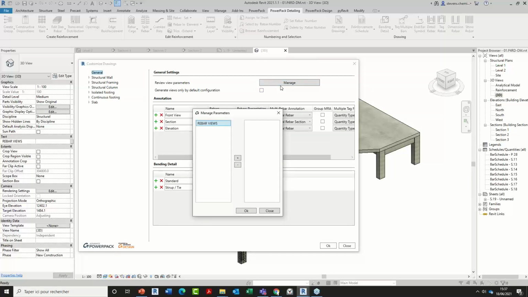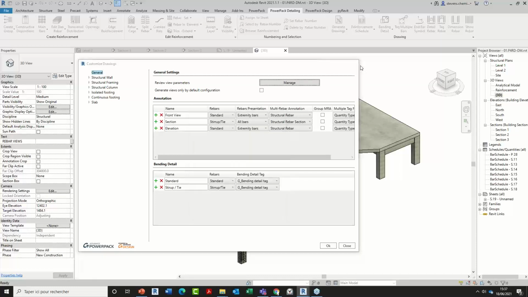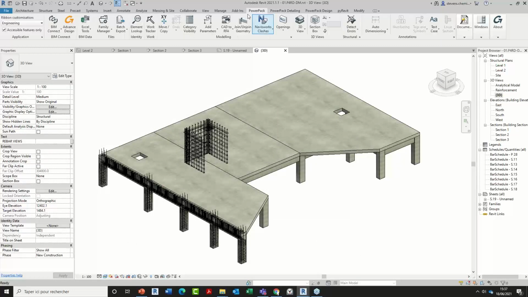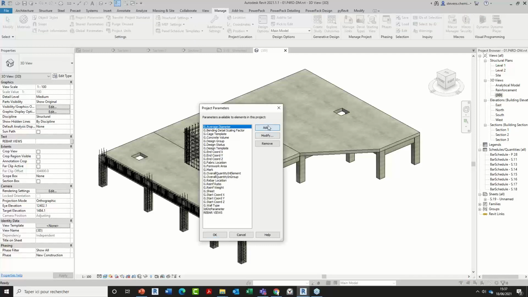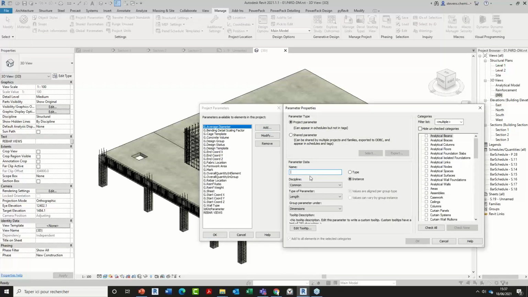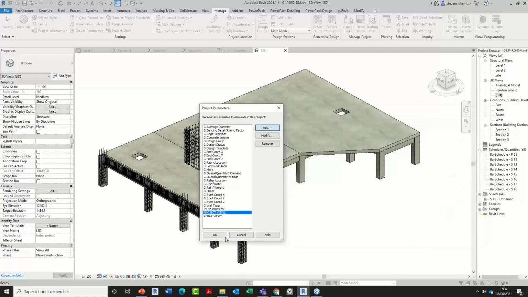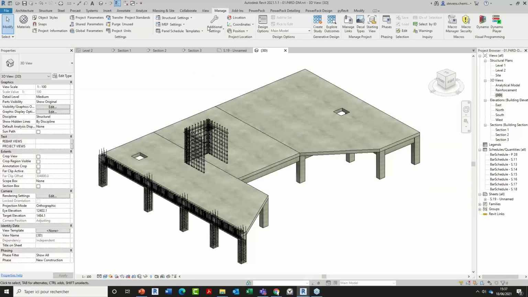Those detailed views will be classified in your own browser, based, why not, on your own Revit parameter. For this, allow me to make one small test. I didn't plan to do that, but why not? If I have a specific parameter called project views, for example, you create your own parameter as a text which applies to a view, and you use this parameter for your own Revit project.